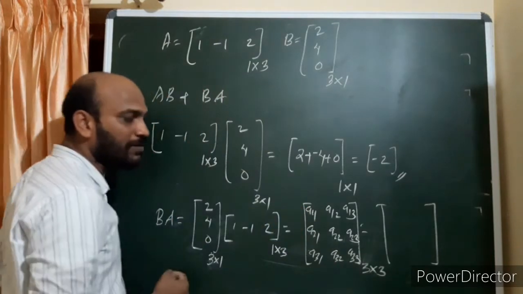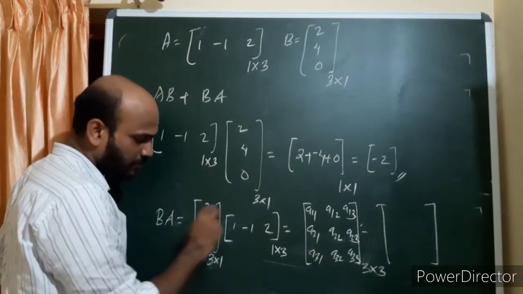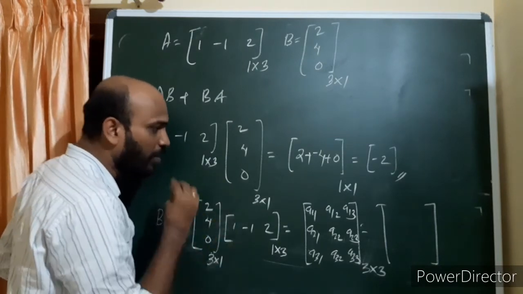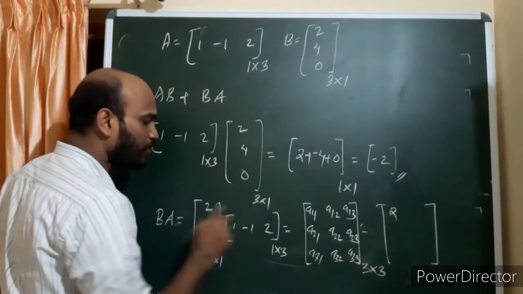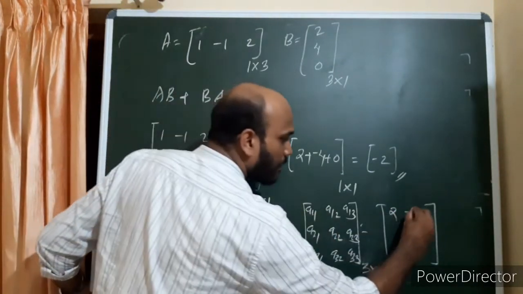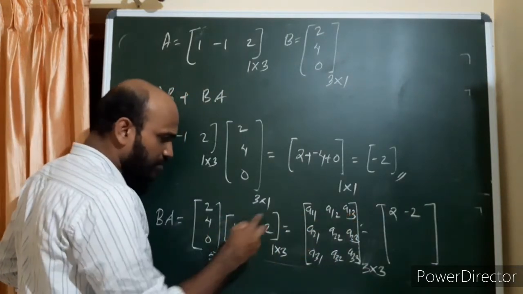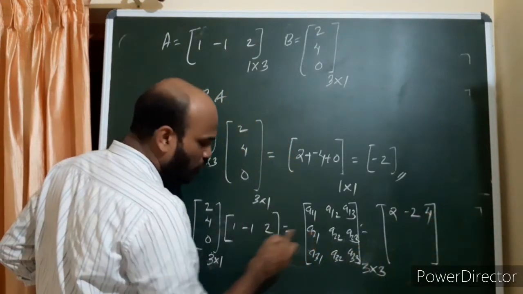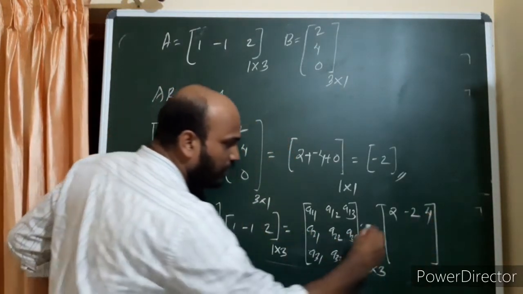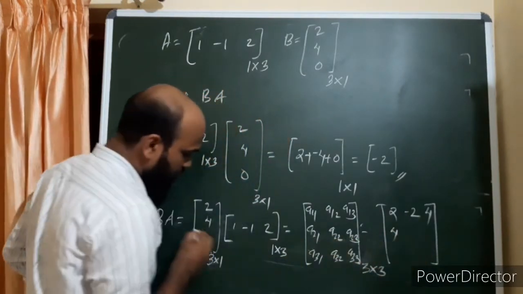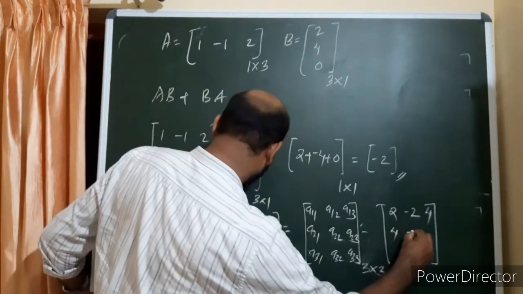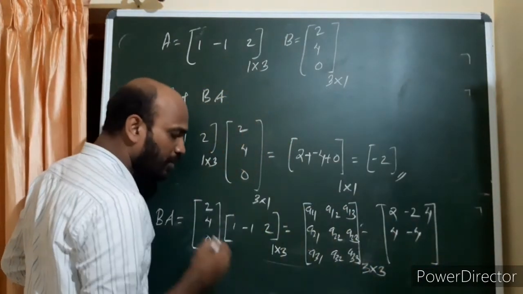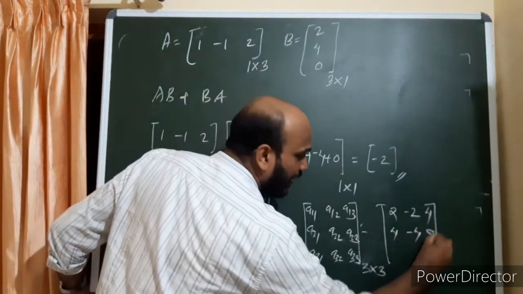So in order to find A11, first row and first column. First row consists of one element. In the first column also there is only one element. So 2 into 1, 2. Then A12, first row, second column. That is minus 2. A13, first row, third column. 2 into 2, 4. Then A21, second row, first column, 4 into 1, 4. A22, second row, second column, that is minus 4. And A23, second row, third column, that will be 8.